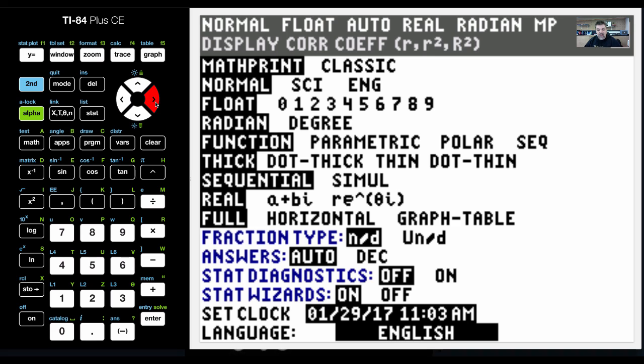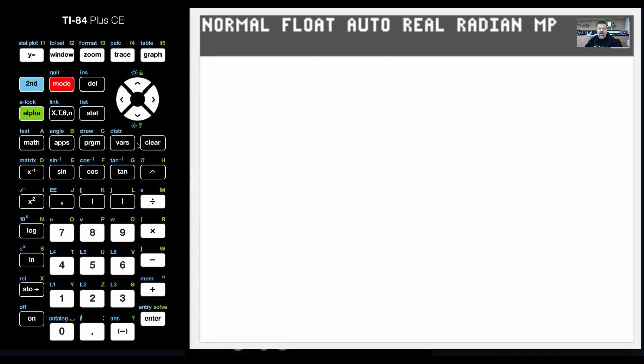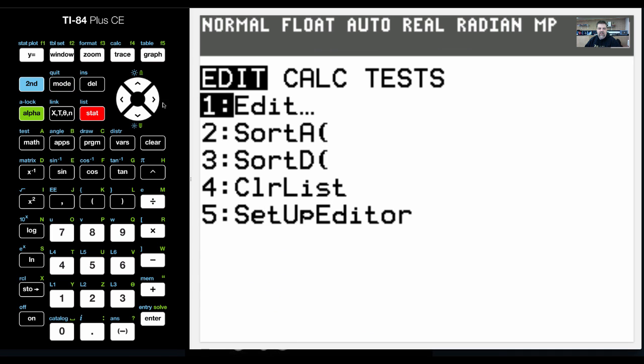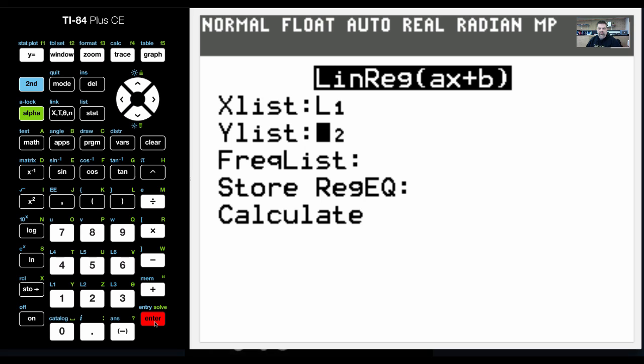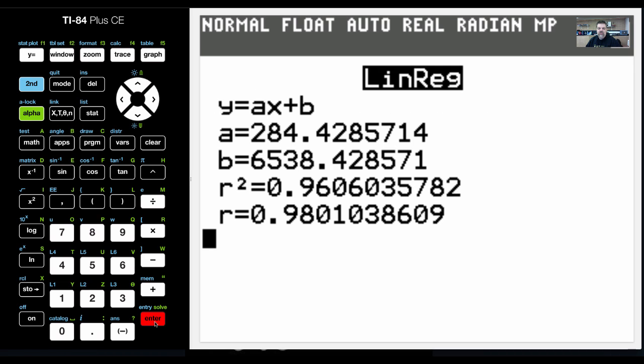If I turn it on and hit enter, now when I go back, and I choose stats, and I go to calculate my linear regression. And I'm not going to store it because I don't need to. I've already stored it. This will actually calculate the same values, but then I have my R and my R squared values,